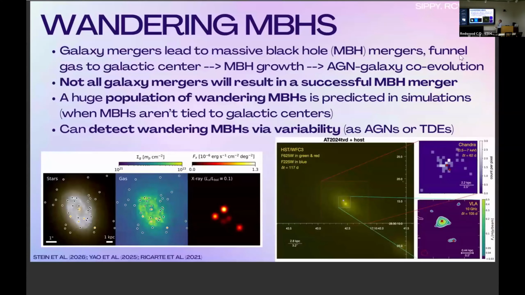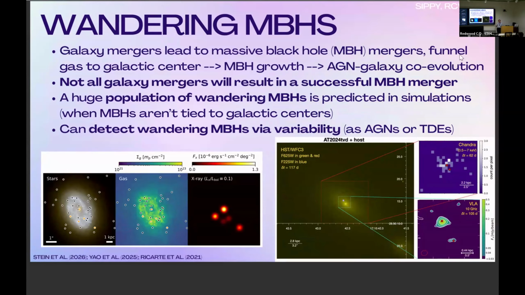So, what is a wandering massive black hole? Why do we care about them? Basically, the idea of how massive black holes merge and grow is that there would be a galaxy merger. The two central black holes from the galaxies spiral in. They eventually merge with each other. And then through some nebulous process we don't totally understand, this leads to AGN galaxy coevolution. However,